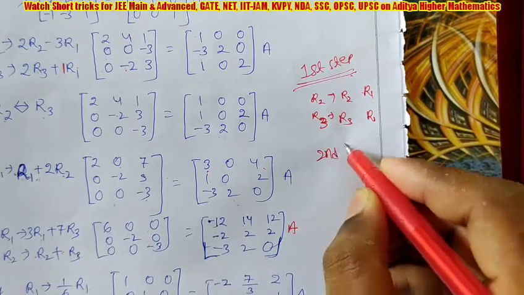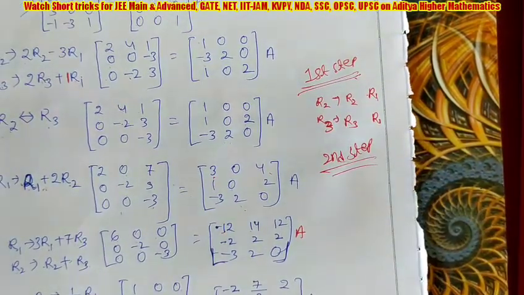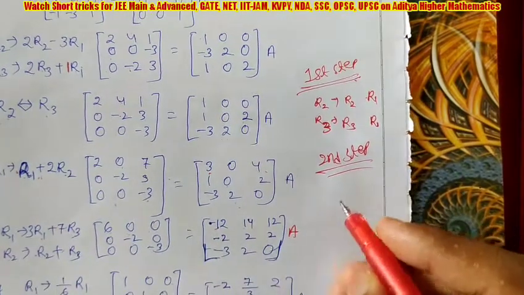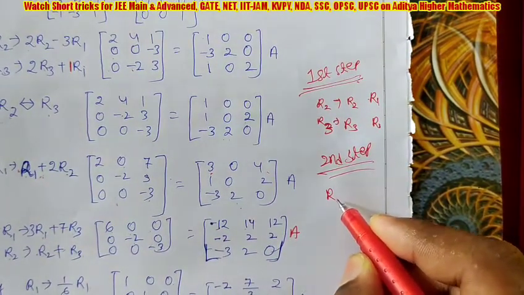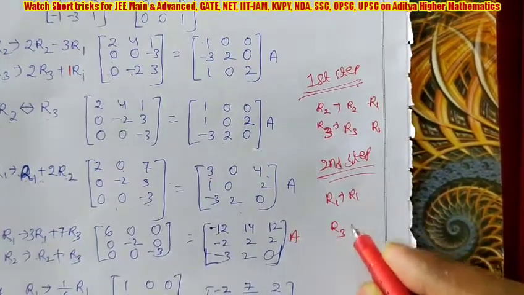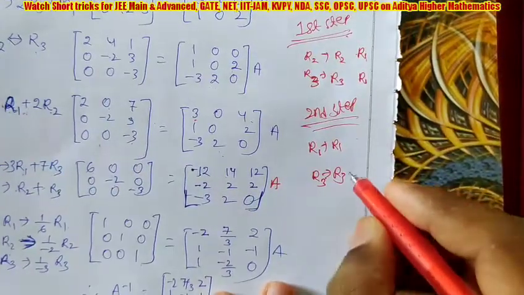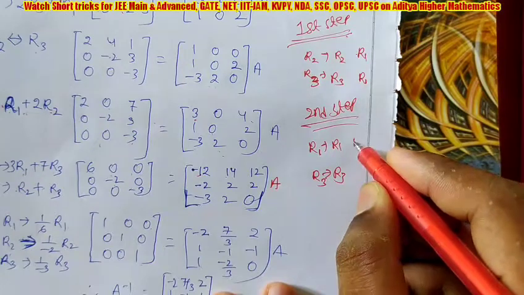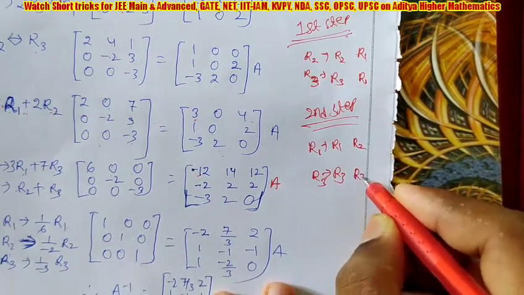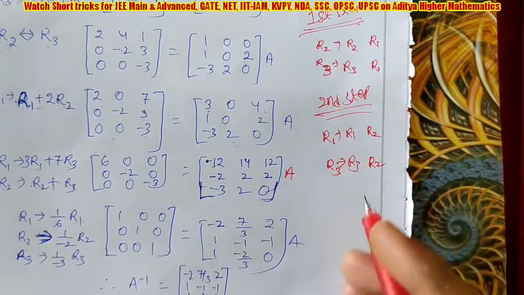And in the second step, if any 0 is coming, you have to interchange. I told you how to interchange. And after interchange, you have to make zeros in R1 and R3. So for R1 you have to write here R3, and which is non-zero? R2 in the second column. So here write R2 and here write R2. Which is non-zero you have to use. And which one you are changing you have to write first.